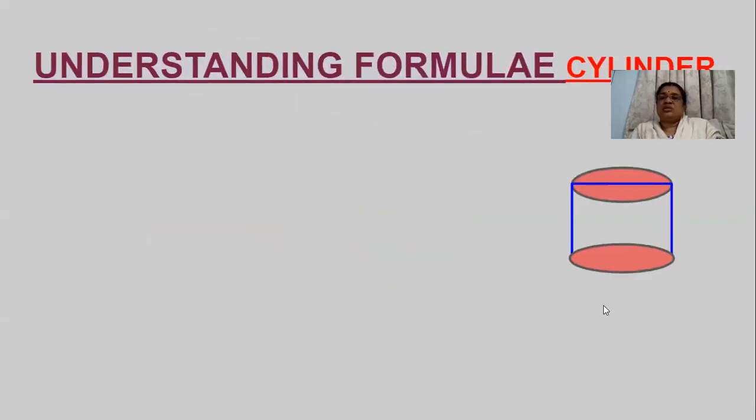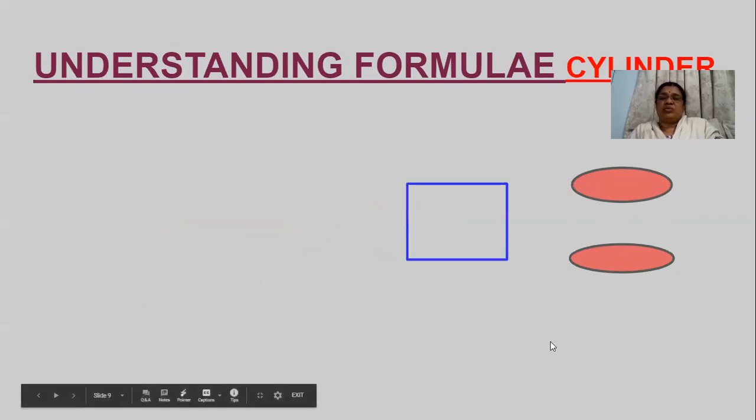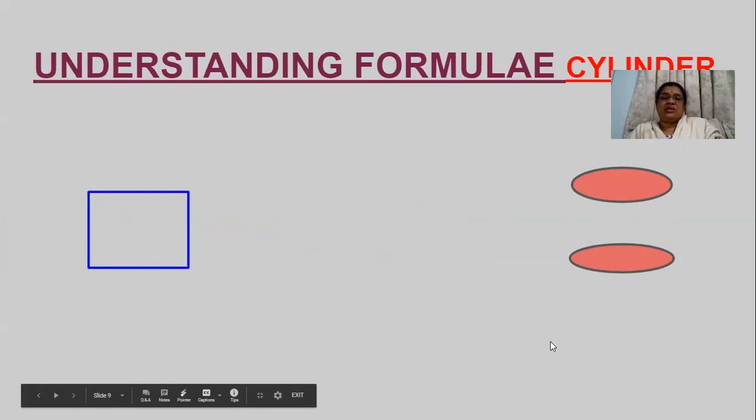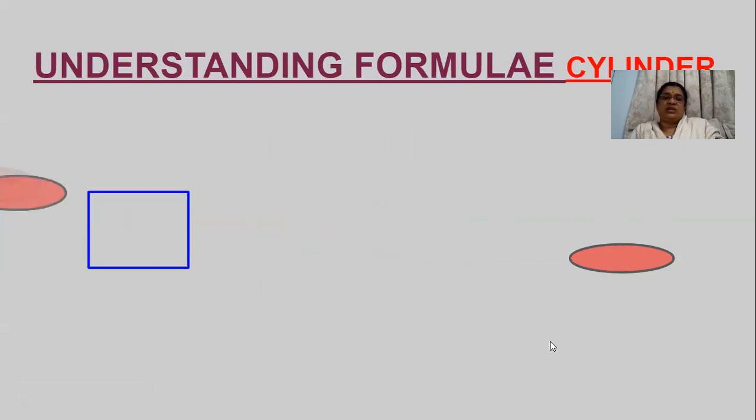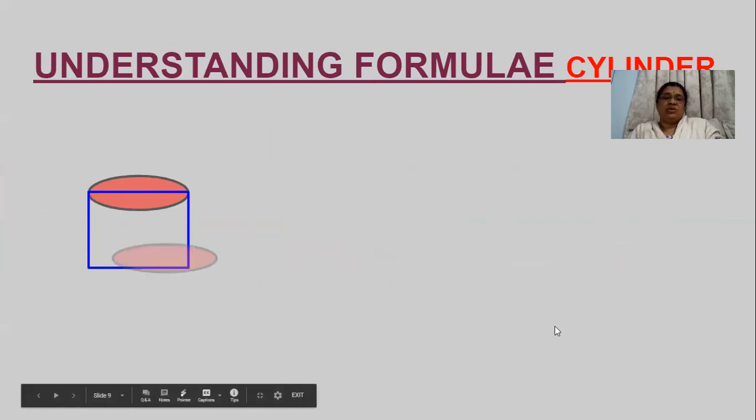Next one, this is a cylinder. This is a cylindrical shape. You will be seeing this cylinder shape in your regular life, like a cooking cylinder looks like this only. The cylinder will have two circular shapes on top and bottom, and this is the lateral surface area of a cylinder, and this is a circle that is on the top, and the bottom also looks like a circular shape.